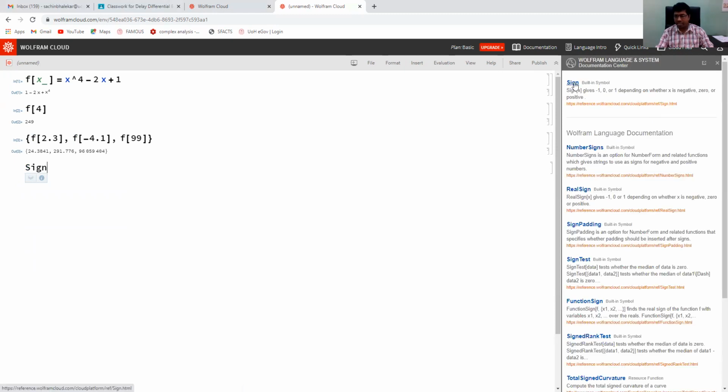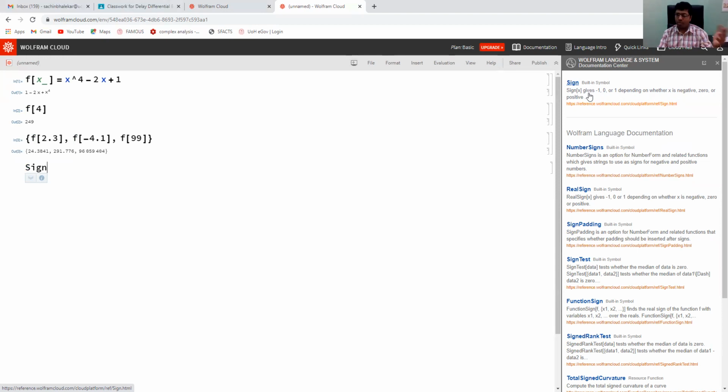So here Sign is a built-in symbol. More information is given here. Sign of x gives -1, 0, or 1 depending on whether x is negative, 0, or positive. So Sign of 5 is +1, Sign of -3 is -1, and Sign of 0 is 0.